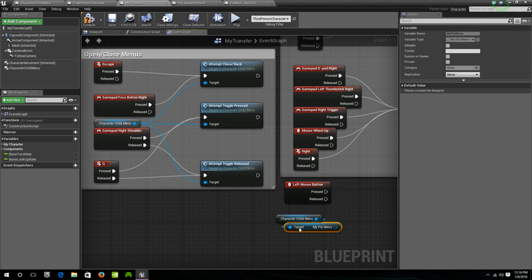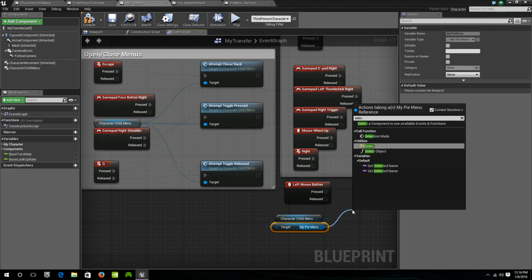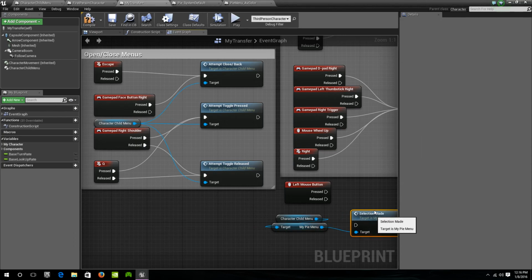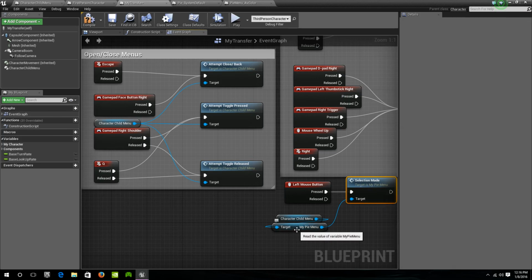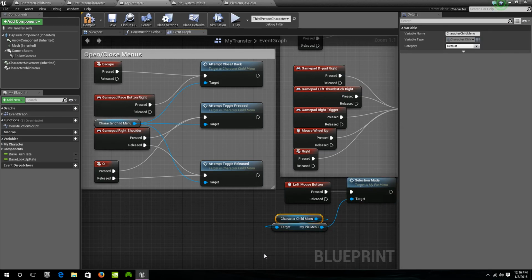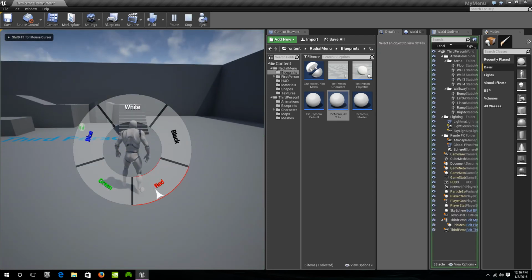Get my pie menu, which is this variable, the HUD. From here I choose selection made. So whenever I press the left mouse button, it will choose selection made, which is the HUD variable inside of the character child menu actor component. So this way, now that I actually have that plugged in,